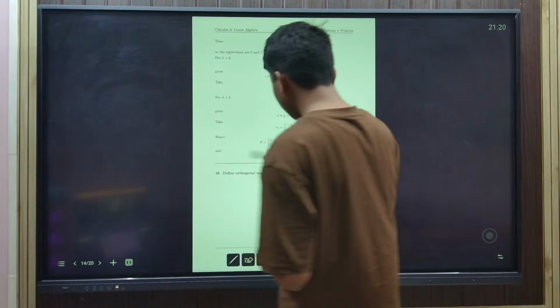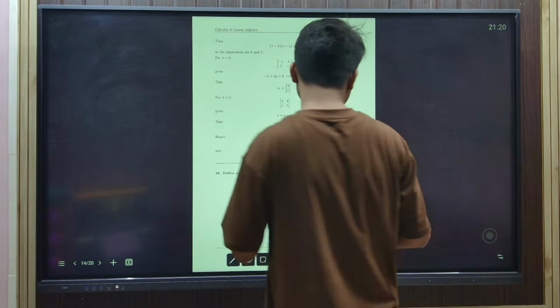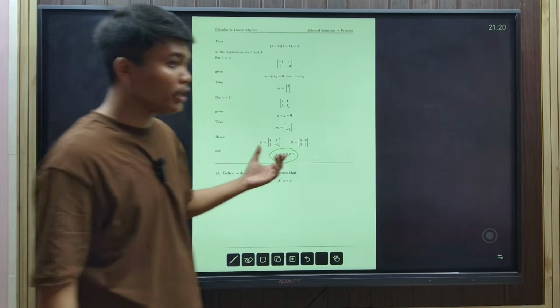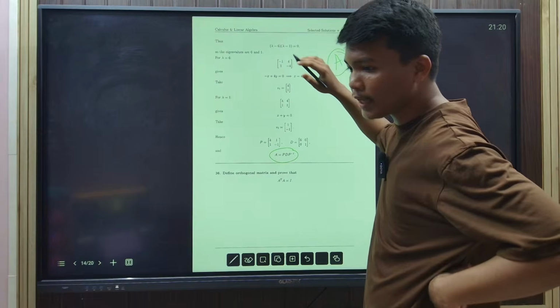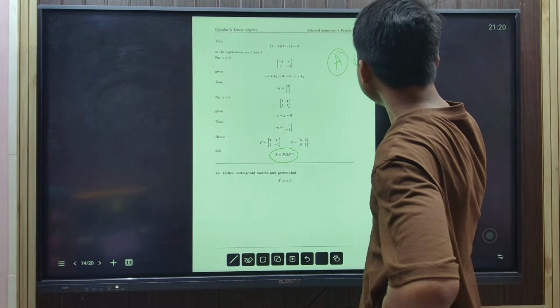So diagonalize actually has some concept behind the diagonalization. What is the meaning of diagonalization? Suppose a matrix A is given. If you are asked to diagonalize this matrix, first of all you need to find if there exists a diagonal matrix D,